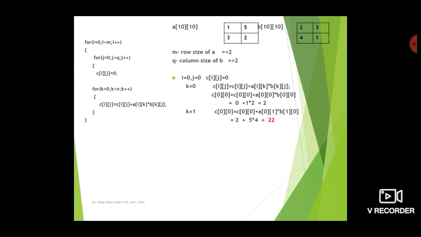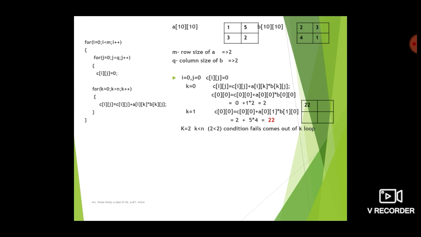So next iteration k becomes 2, that is k plus plus, k becomes 2 and 2 is less than 2, the condition is false. So the for loop terminates. So the value at C of 0 0 will now be 22. Similarly, once the for loop terminates, we have reached the end of the for loops completely. So again now what happens, now j will get incremented. So because we are inside the j for loop, j gets incremented.